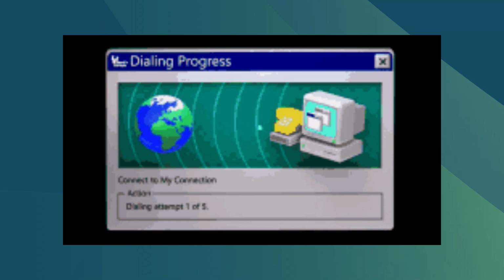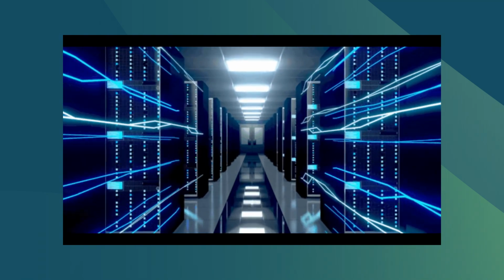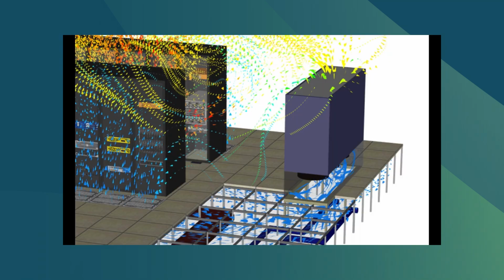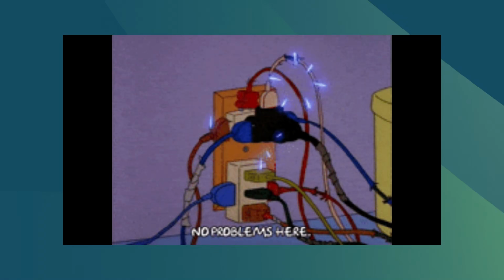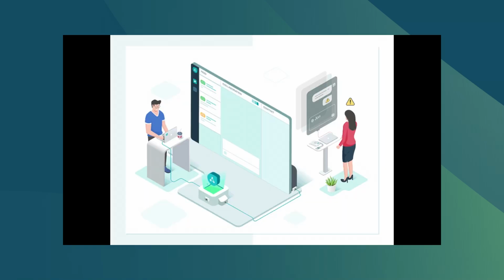The last component is facilities, such as data centers, cooling systems, and power supplies that keep IT systems running smoothly. All this equipment works together to support an organization's